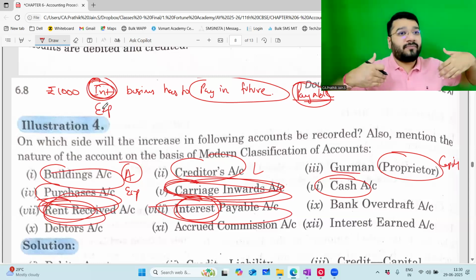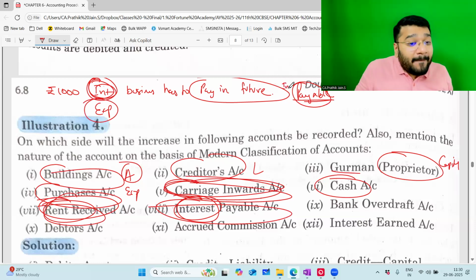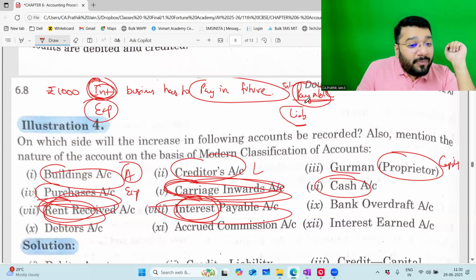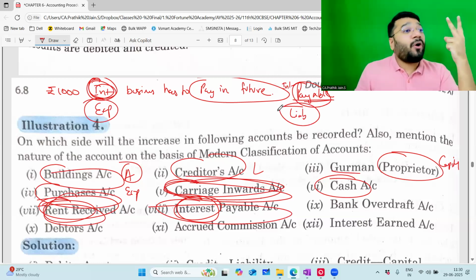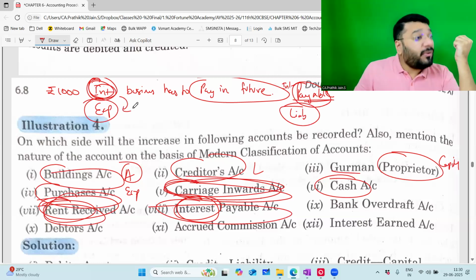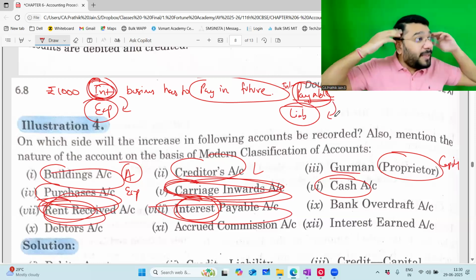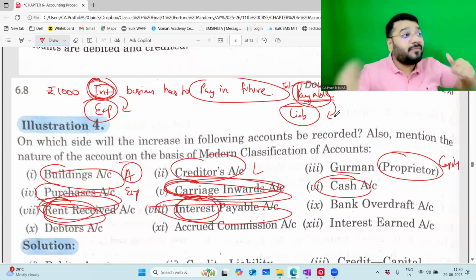Interest is expenditure, because I took a loan for my business. I have to pay interest. So for me, that interest I'm paying is expense. So interest is expense. But when I say interest payable, this is not expense. It is liability. Why is this liability? This money I have not yet paid now. When will I pay? In future. So I'm recording two accounts. Interest I'm recording because my expense needs to be booked. And payable I'm recording because I will forget if I don't record this. I have to pay this money in future. I'm Gajni, I'll forget it. So I want to capture this on the liability side.